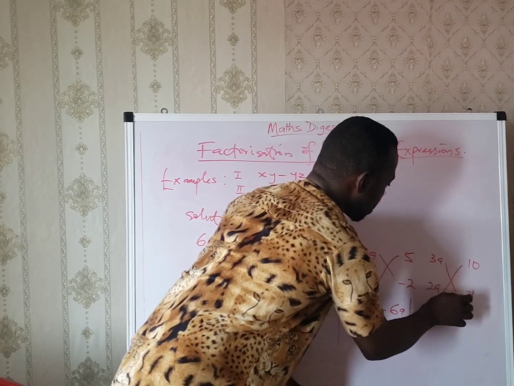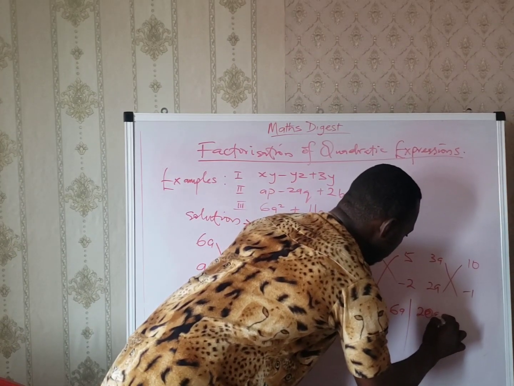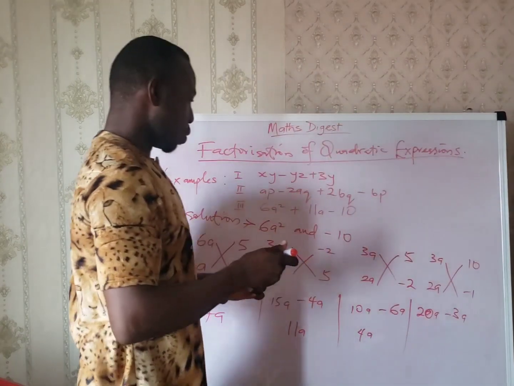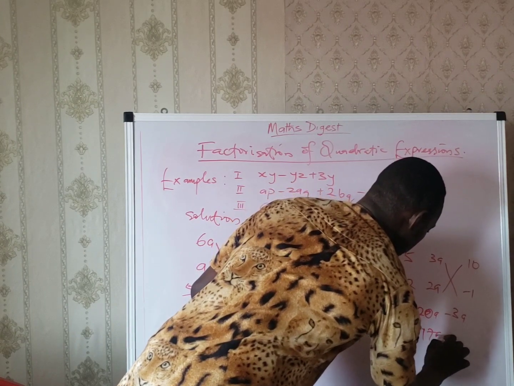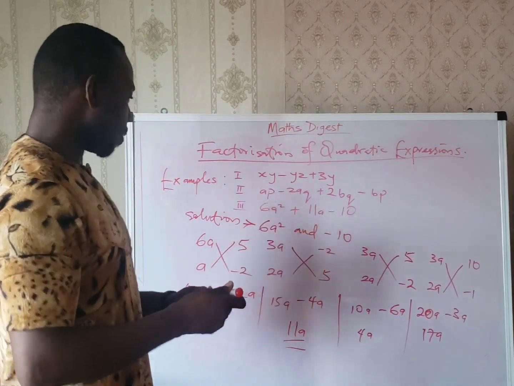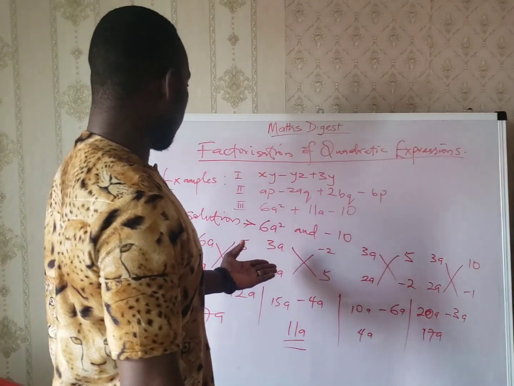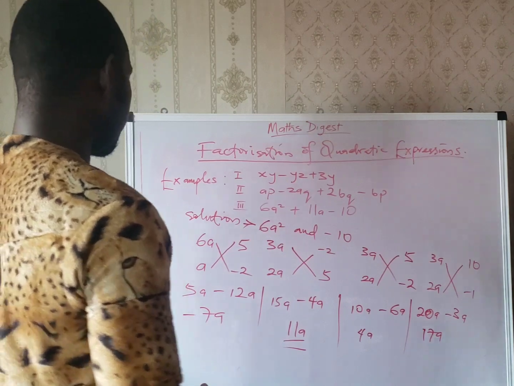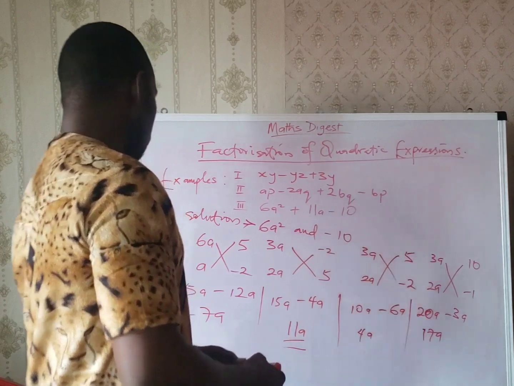We go for this. This times this will give us 20a, while this times this will give us minus 3a. So when you add this, we have 17a. So we see that the only one that gave us the true answer is this. Now we are going to use this to replace what we have at the middle term here. Now we replace this. So with this we have